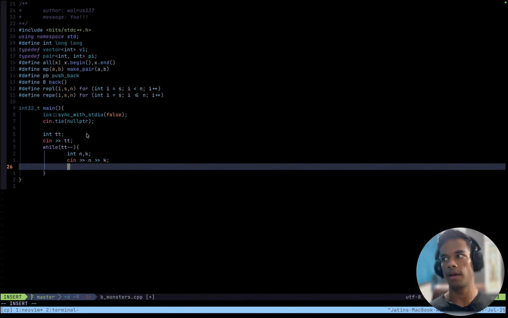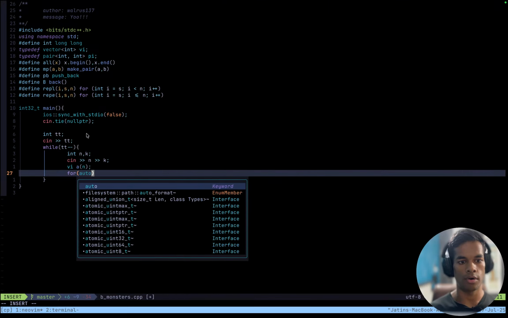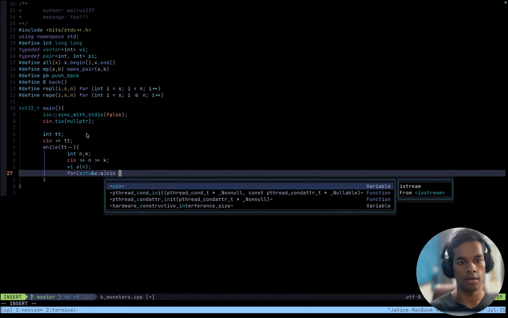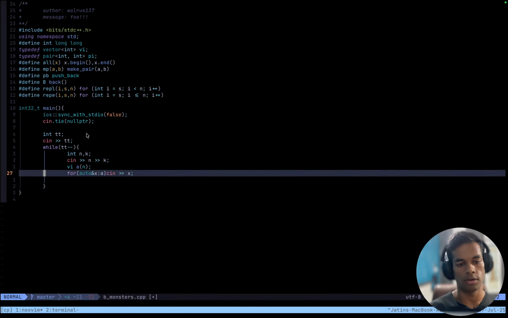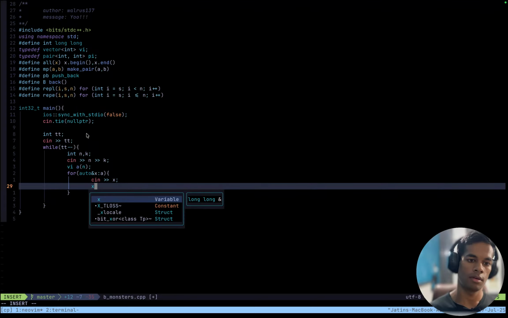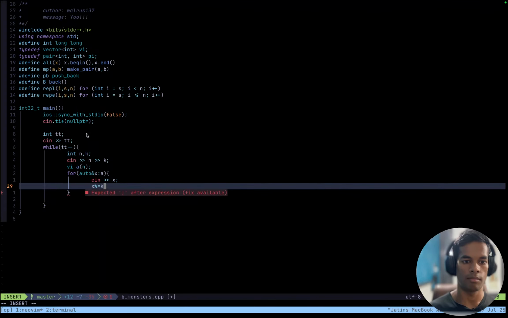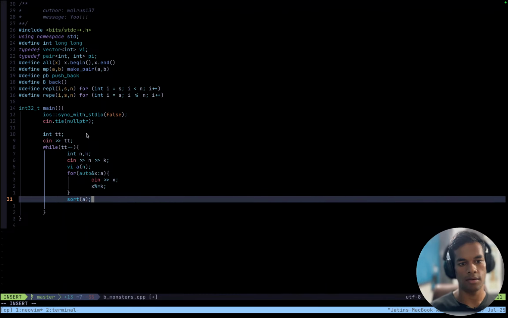And then a, a vector of size n, and for auto x in a, cin x, and x remainder equals k, right? And then sort a, no, do not sort a.